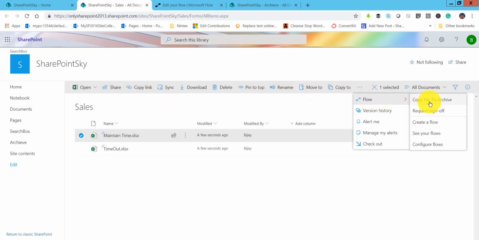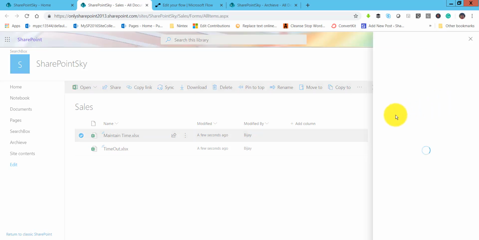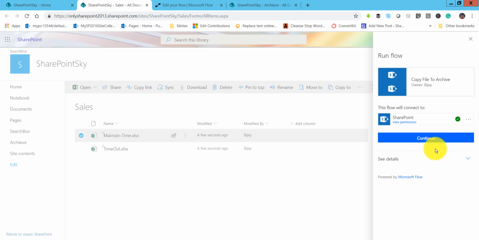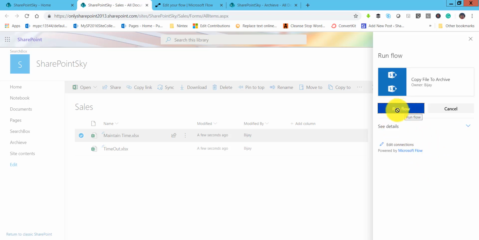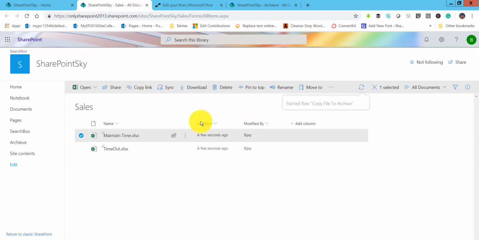Flow, you can see here flow, and this is our flow, copy file to archive. So just click on that, and then you will see what is running. You can just say continue. And then run the flow. So once you run the flow,